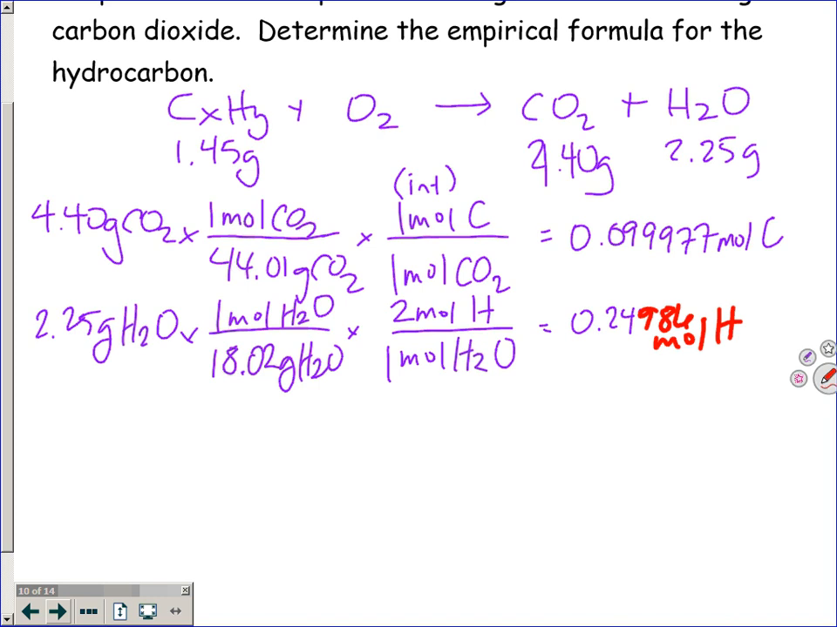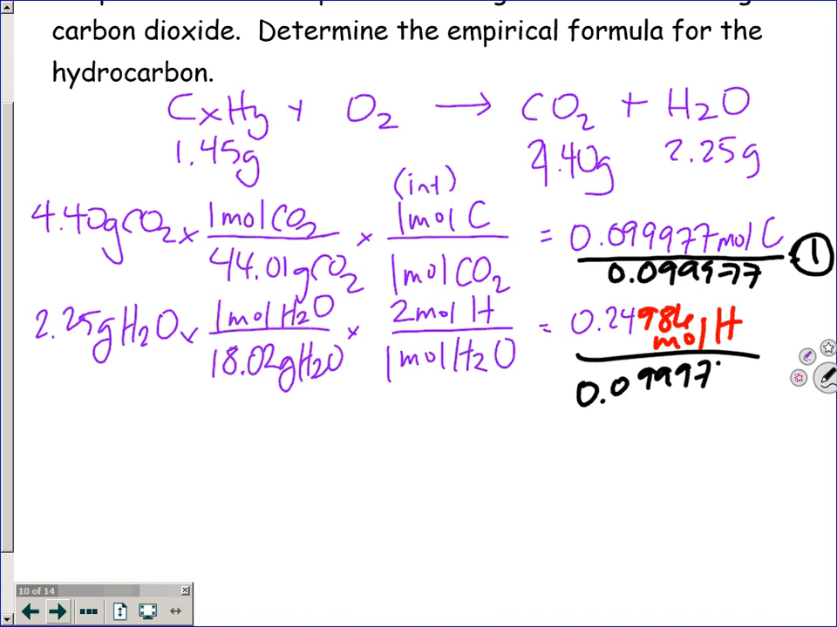So guys, we're just to the normal stuff. I got moles of one element, moles of the other element. How do I get the empirical formula? Divide by what? Who's smaller? The carbon, 0.099977, that's going to be 1. We're going to divide this one by 0.099977, that is,